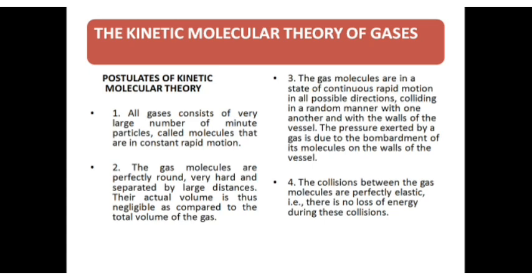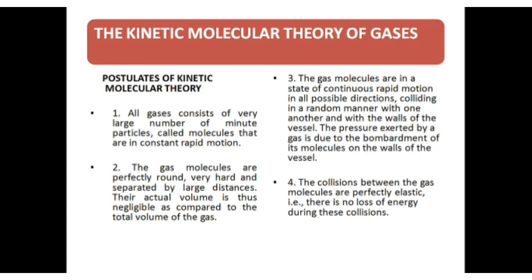The interdependence of these variables led to the formulation of different gas laws such as Boyle's law, Charles' law, Avogadro's law. At the time of their enunciation, the various gas laws were only empirical generalizations based on experimental observation. There was no theoretical background to justify them. In the 19th century, however, Clausius, Maxwell and Boltzmann developed a theory known as the kinetic molecular theory of gases, which provided a sound theoretical basis for the various gas laws which we have studied just now.